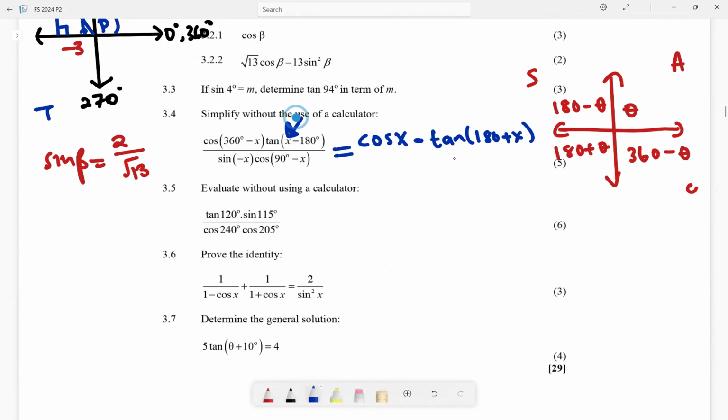Just put 30 instead of x. Just put 30. Can you see that the answer that you get is square root of 3 divided by 3? It tells you that the value of x here is positive. So you can just say this is tan x. Okay? This is the same as,